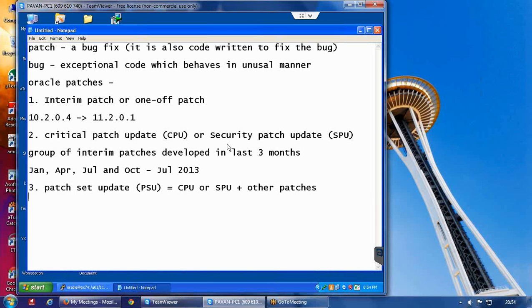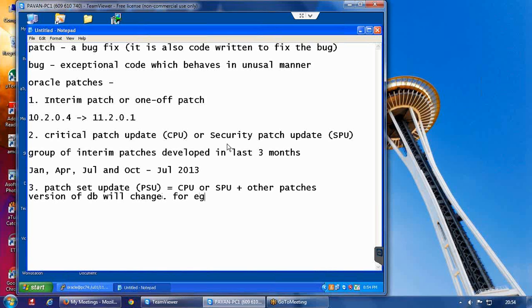And one important thing is, whenever you apply a PSU, the version of the database will change. When you apply a CPU, or the first category, an interim patch, the version of the database will not change. But when you apply a PSU, the version will change.